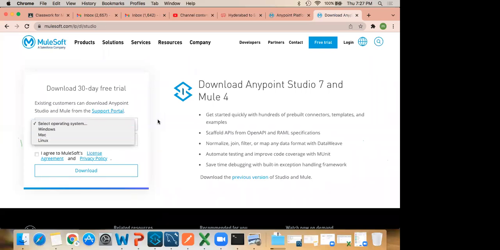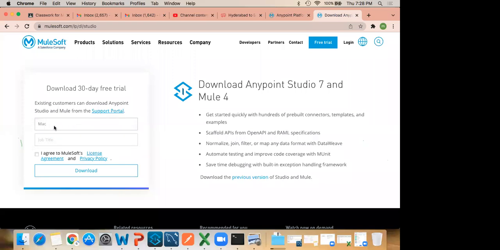I installed it on my machine. మిషన్ ఈజ్ నథింగ్ బట్ ల్యాప్టాప్. నా ల్యాప్టాప్లో ఇన్స్టాల్ చేశాను, ఆల్మోస్ట్ 3 years అయింది. ఓకేనా, అదేం ఎక్స్పైర్ కాదు. నెక్స్ట్ ఇక్కడ చూడండి, ఆపరేటింగ్ సిస్టమ్. మీరు ఏదైతే ల్యాప్టాప్ యూజ్ చేస్తున్నారో, ఏ ఓఎస్ వాడుతున్నారో, యూ హ్యావ్ టు సెలెక్ట్ దట్. ఇఫ్ యు ఆర్ యూజింగ్ విండోస్, సెలెక్ట్ దిస్. ఇన్ మై కేస్ ఐఎమ్ యూజింగ్ మ్యాక్. లెట్ మీ గో విత్ దిస్ మ్యాక్.